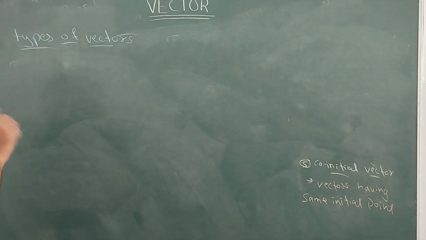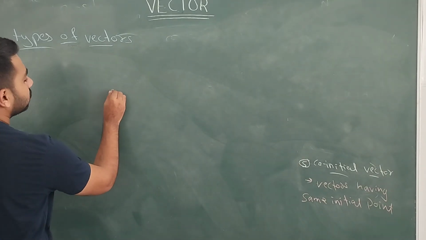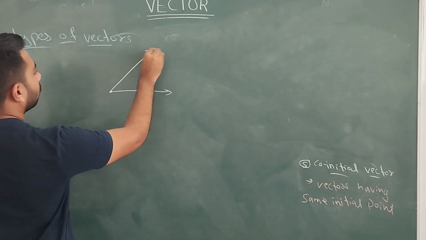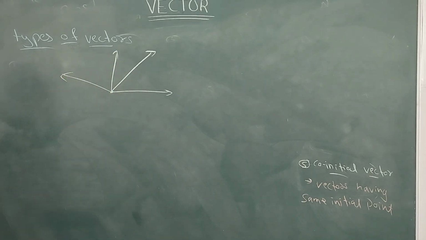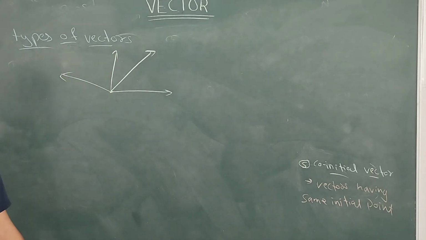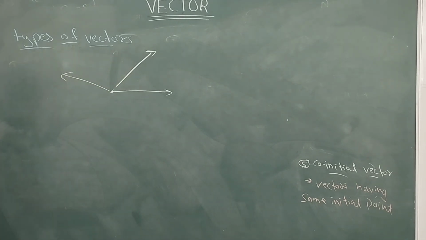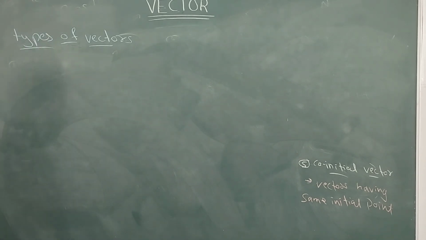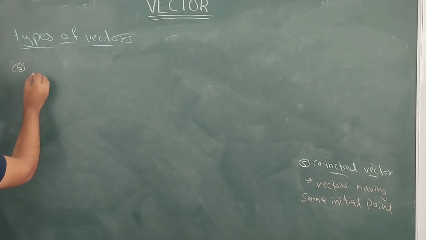Very good. Now co-initial vectors are like this. Let us take one point, and from it one vector, two vectors, three vectors, four vectors, n number of vectors in different directions. You can say only three vectors also. This is basically co-initial vectors. And there is one very important topic,